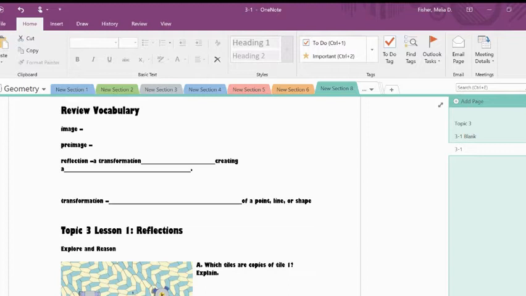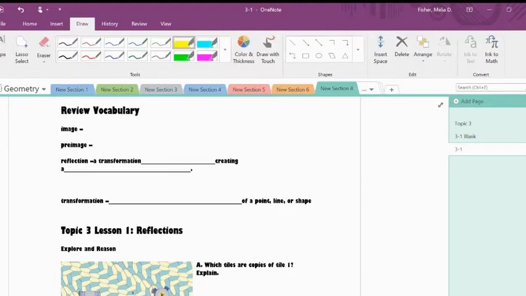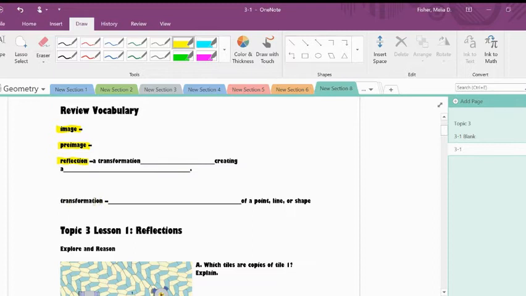We have, of course, some new vocabulary, which actually is review vocabulary right here. Hopefully all of it is review. If not, it's a good time to learn it. So in this next section, we're going to be talking about